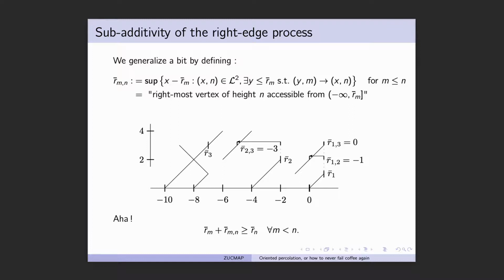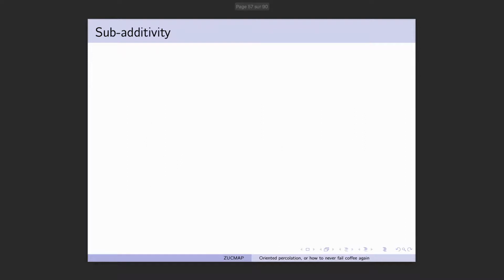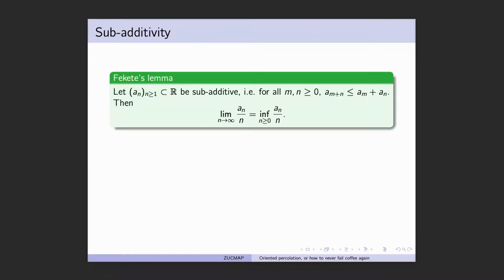Here we don't have exactly additivity, but we have sub-additivity, and there are some results we can use in this case. Some results are already present in the deterministic case, in the form of what we call Fekete's lemma, which maybe you have seen; personally I had seen it in an exercise in analysis one. It's a standard result about sub-additive sequences, which tells you that a_n over n always converges when you have a sub-additive sequence. You can even say what the limit will be: it is the infimum of these values of a_n over n. Okay, don't take n equals 0 here, but you got the idea.